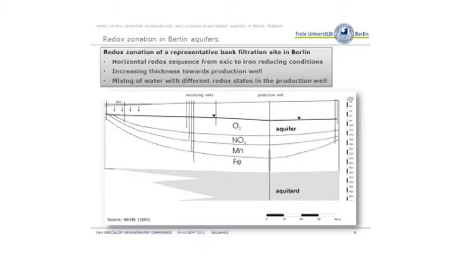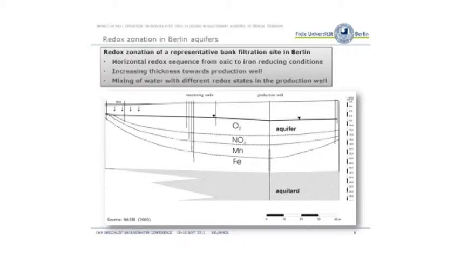Let's have a look at the redox zonation of a typical well site in Berlin. You have here in this figure on the left side the lake where the water is infiltrating, and you have the production well where the water is abstracted. And from a project carried out in 2003 called NASRI, we know that we have a horizontal redox sequence from